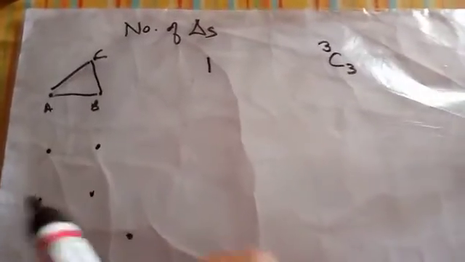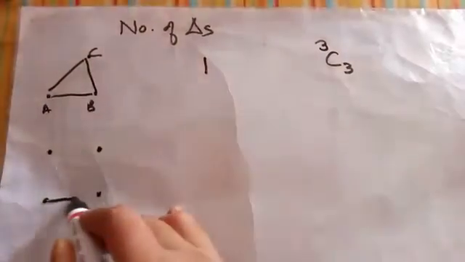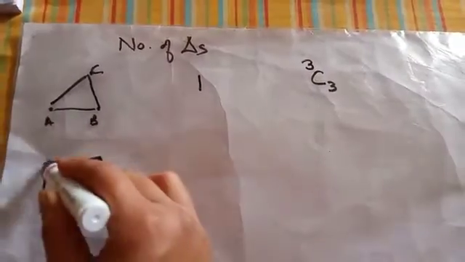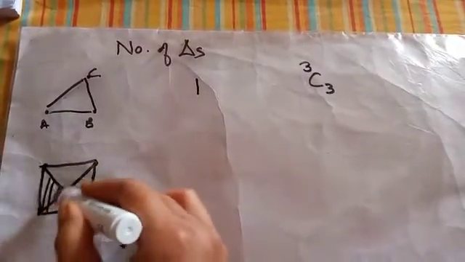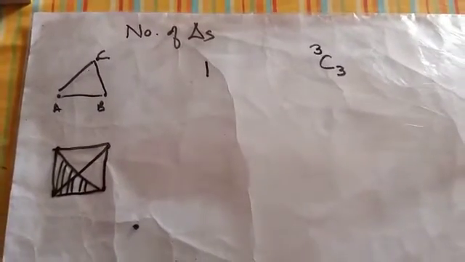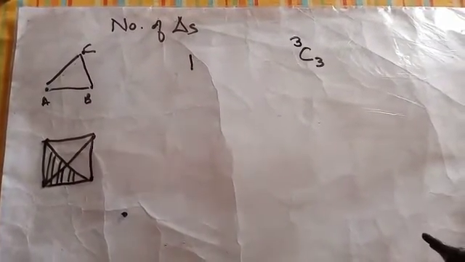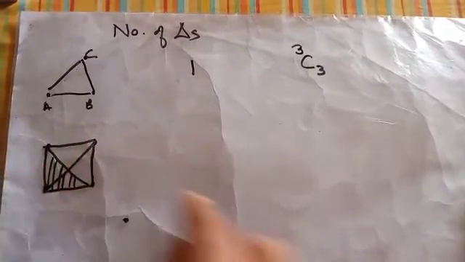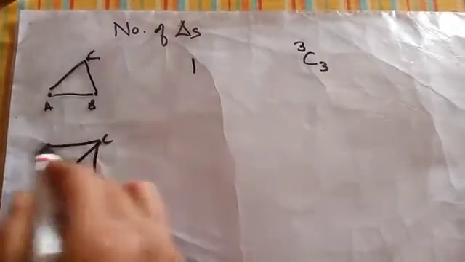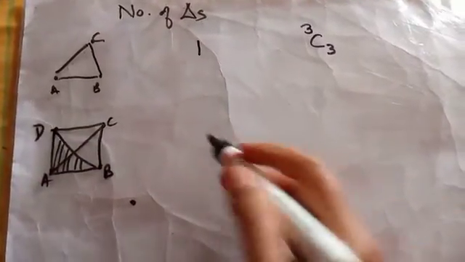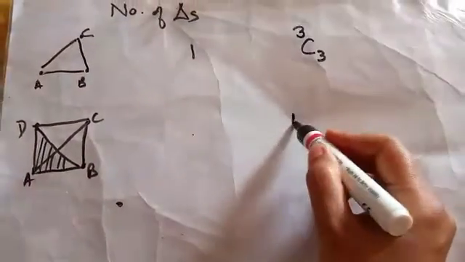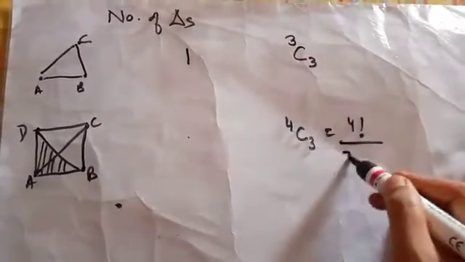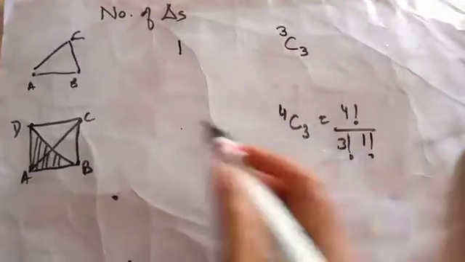Now suppose we have 4 points, then how many triangles are formed? This is triangle 1, this is triangle 2, this one is triangle 3, and this one is triangle 4. Can you see any more triangles? You may say that there are smaller triangles, but you have to consider triangles with these 4 vertices only. We are not supposed to see the smaller triangles. So the number of triangles formed, by my formula, should be 4C3. If you calculate 4C3, it is 4 factorial upon 3 factorial into 1 factorial,